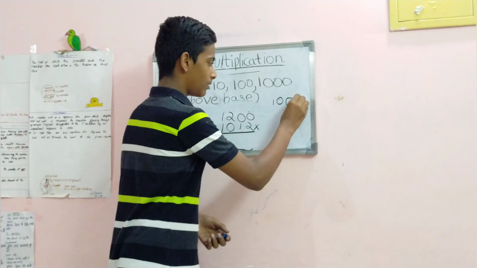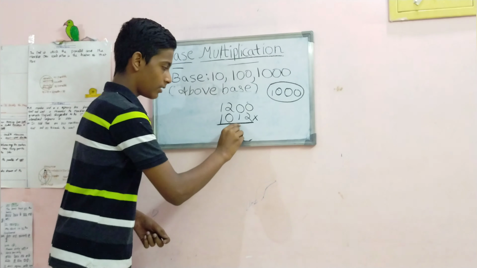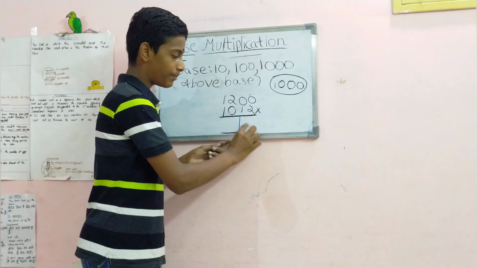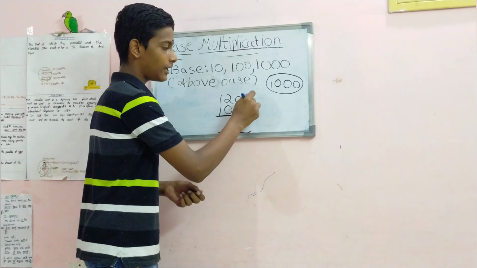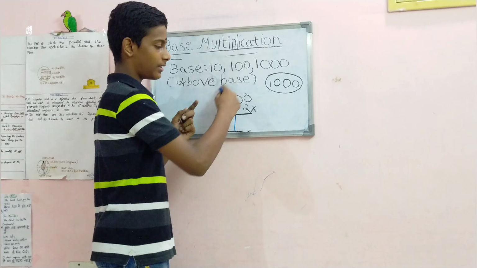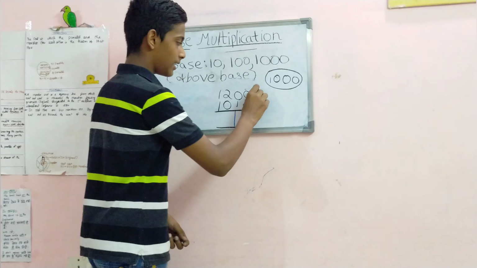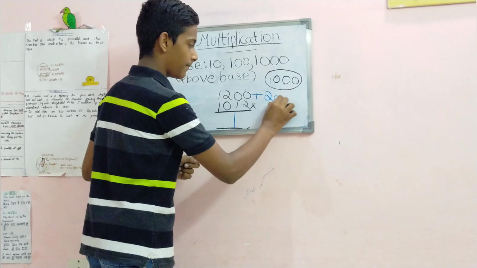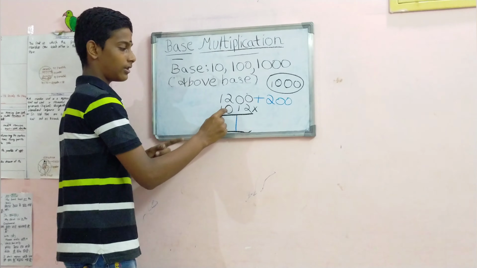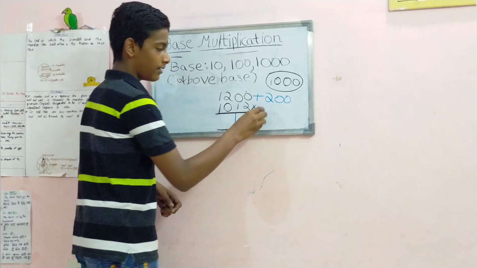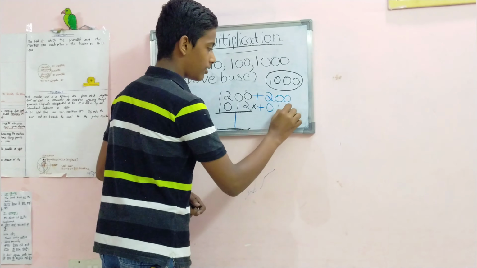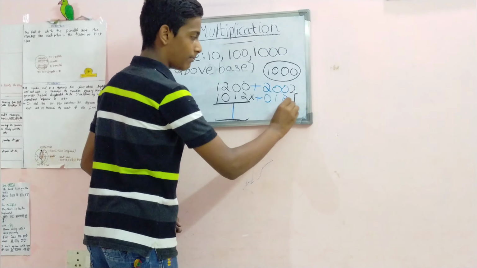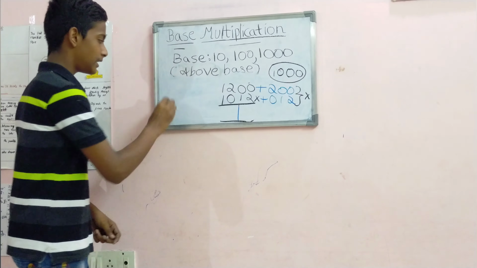The first step in obtaining the last part of the answer is finding the difference between these two numbers and the base number. Here 1200 is greater than 1000 by 200, and 1012 is greater than 1000 by 012. Here, for obtaining the last part of the answer, we have to multiply these two numbers, which results in